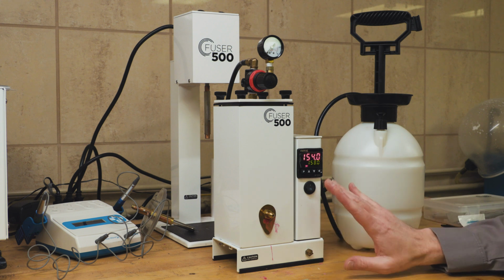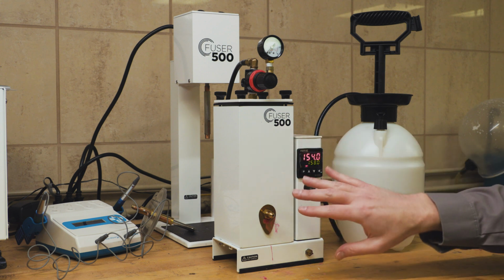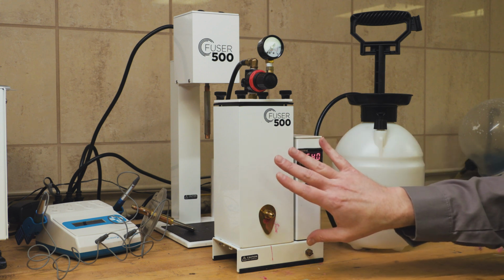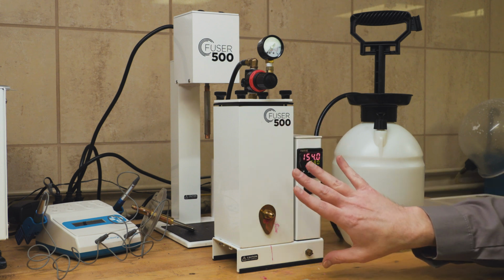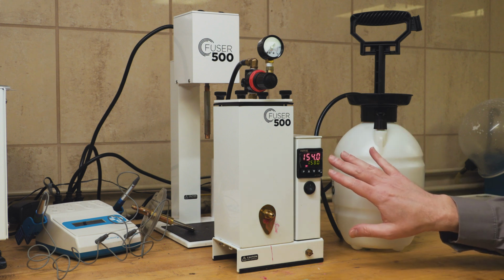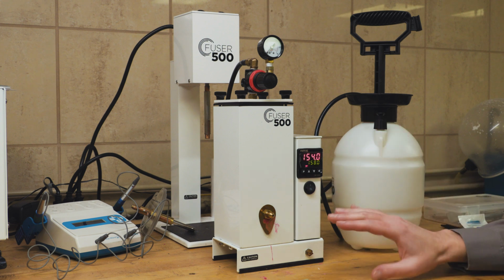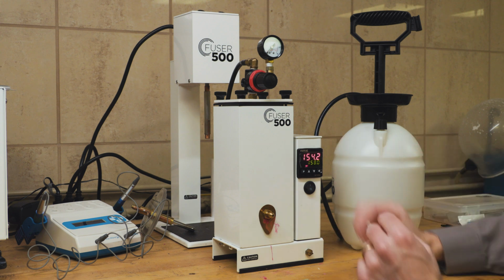And normally it'll take several hours, especially if you filled it up a little higher. It'll take it probably 3 to 5 hours before all of that wax fully melts and is ready for injection. So ours is now up to temp, and now we need to add pressure to the system. So the way we do that is